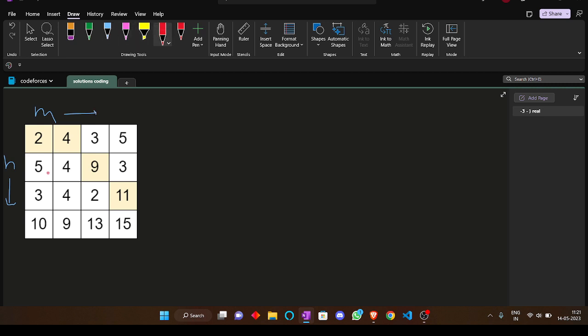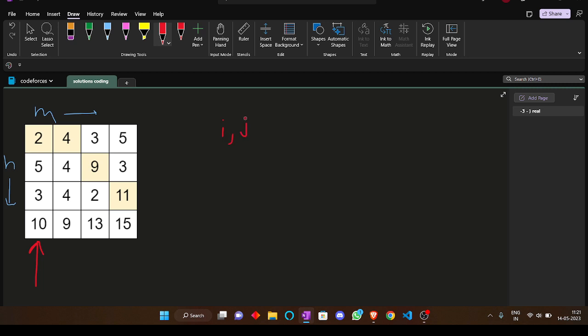We have to start from the first column only, right? We can start from this column. So we can start from 2, we can start from 5, we can start from 3, we can start from 10, and for a given i, j,